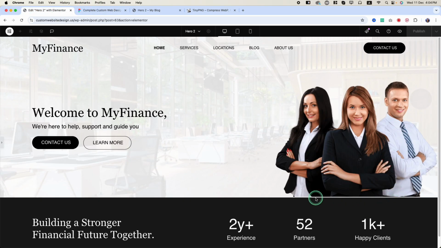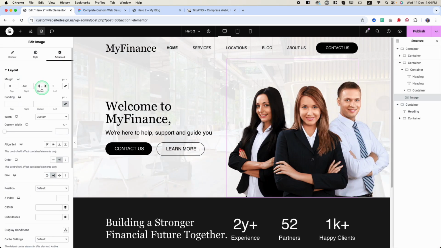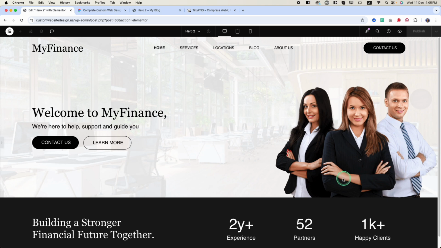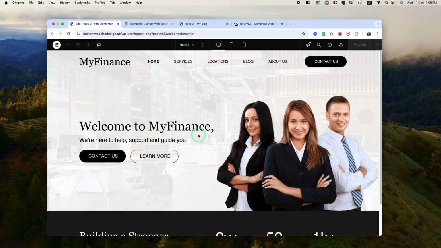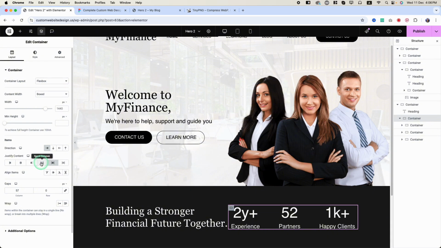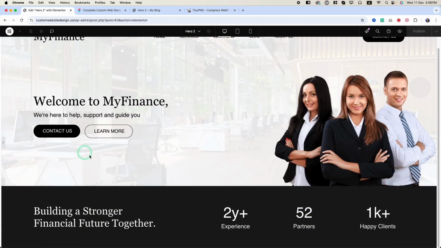Only thing here we have a small line, so let's try to fix it. To fix it, I go to the hero section and click here. Then on bottom, the image bottom margin will be cropped like this. Okay, now it should be fixed. Let's see. Yes, it's fixed, and here we go. Here is the final website design. Actually here we have to set space between, then it will look